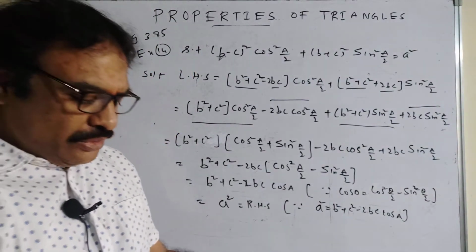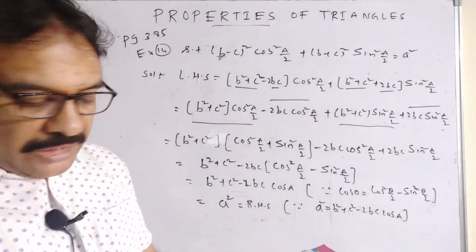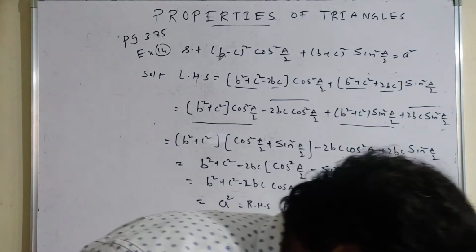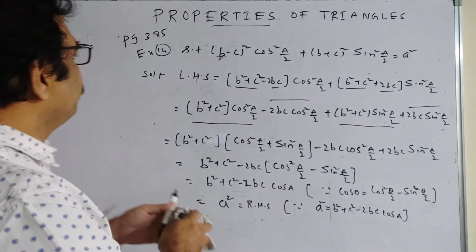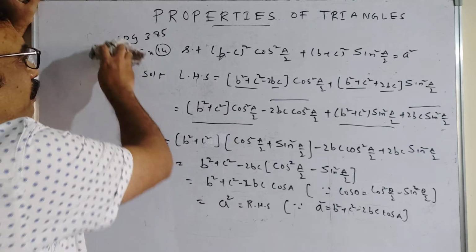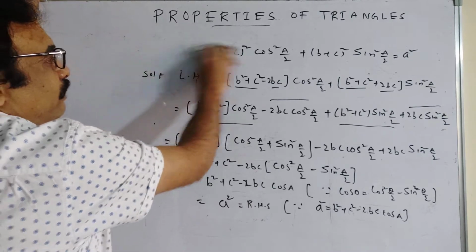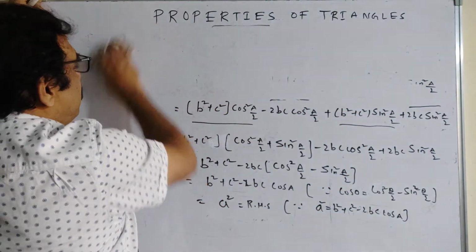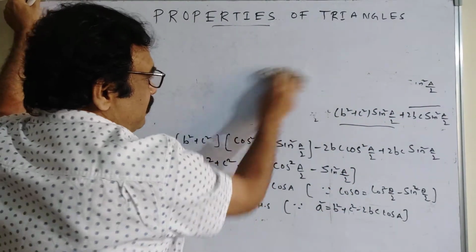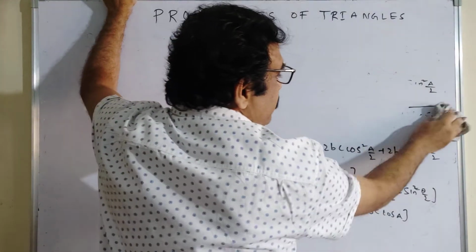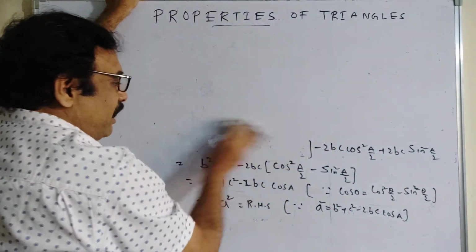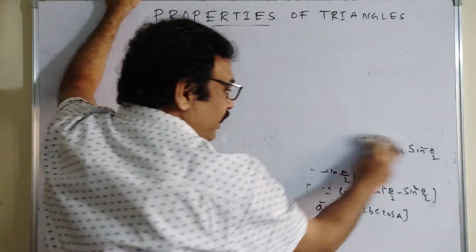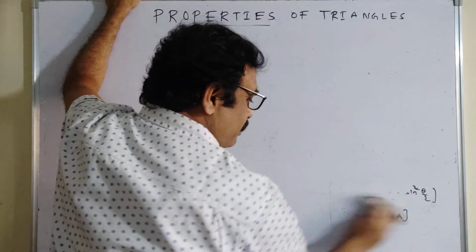Now I'll move on to the next example, and that is going to be example 21, which is there on page number 387. I hope that you understood this one, and you'll be writing down. We'll be continuing with the session. Hope that you are comfortable with properties of triangles. As far as my knowledge is concerned, these lectures will be helpful for you, because we are meant for you only and to reduce your burden so far.